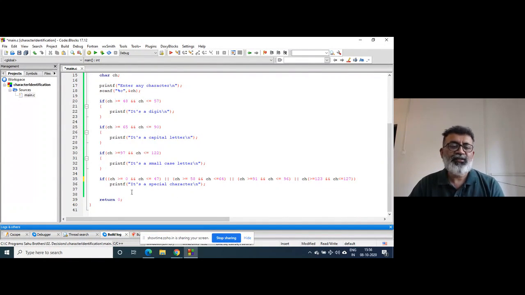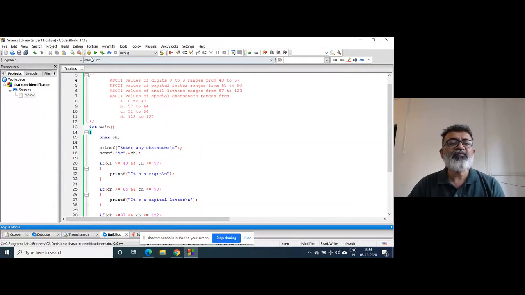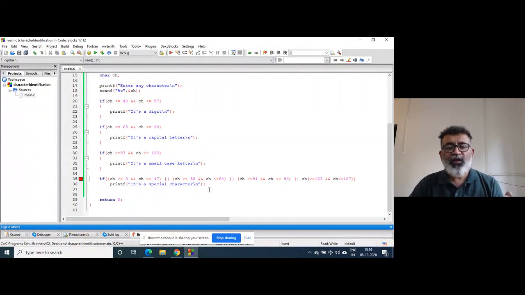So you have to write the condition like that. In that case, it is a special character. So exclusively you are telling it. Now this will work for all character inputs. What is the problem here? Somewhere something might be remaining.